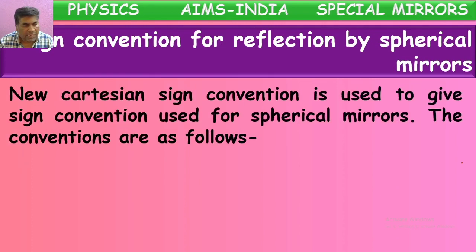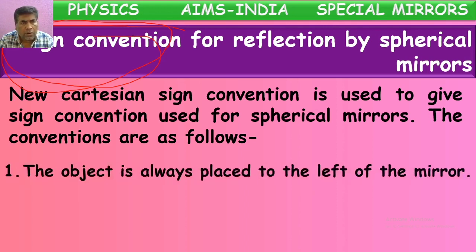So regarding the sign convention. While using concave mirror or convex mirror values, sometimes we have to keep a plus symbol, sometimes a minus symbol. When to keep plus and when to keep minus depends on a method called sign convention. Sign convention means when we have to keep a plus value or a minus value before the numerical values. This sign convention follows some rules and regulations.